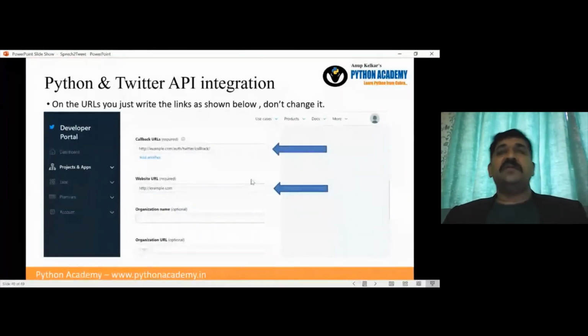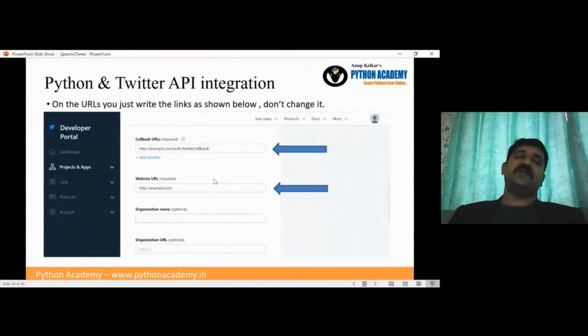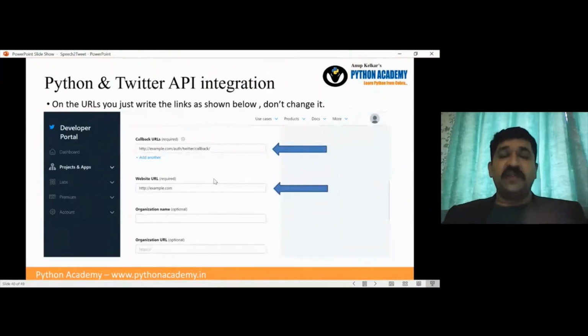Once you say enable third party, it asks for multiple things. Out of that, two things are compulsory. One is the callback URL and one is the website URL. What it basically asks is what domain, what web application, what Android app, iOS app you want to use this Twitter for. Since we are just doing a seminar, we are not going to develop any big thing. We don't have any domain name. So in that case, what I can do is use the domain name